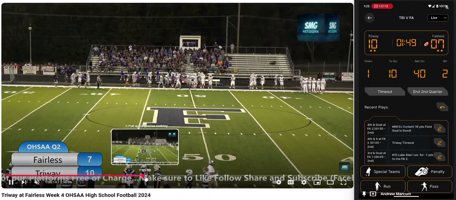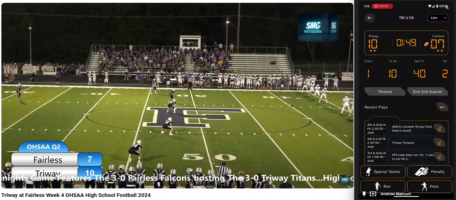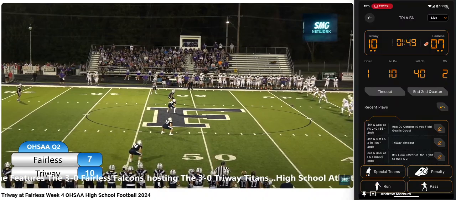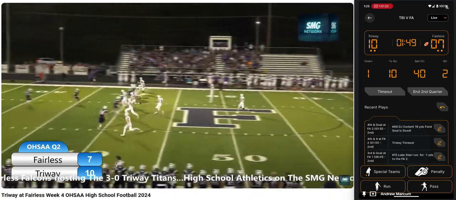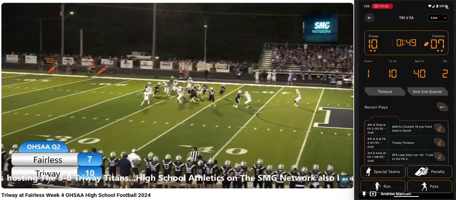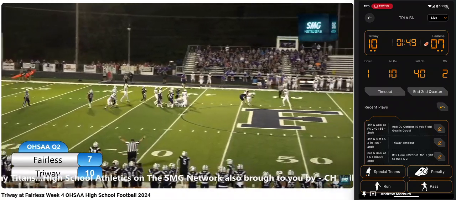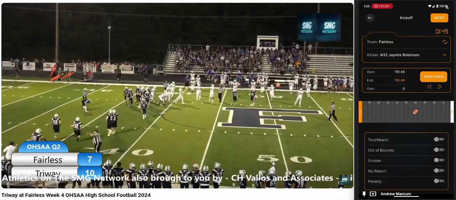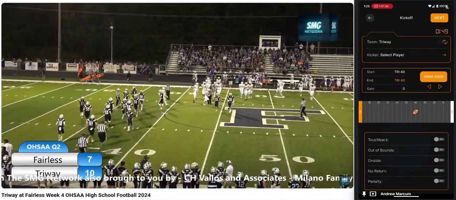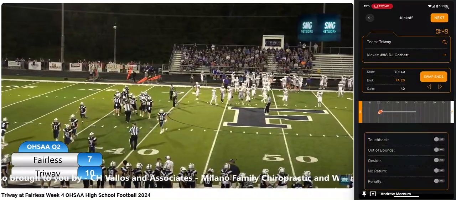I'm also going to see if I can skip ahead here to the kickoff. There we go. Whip kick. Kicks it to about the 20, it looked like. All right. So we have special teams kickoff. Number 88 is kicking it off to the 20,